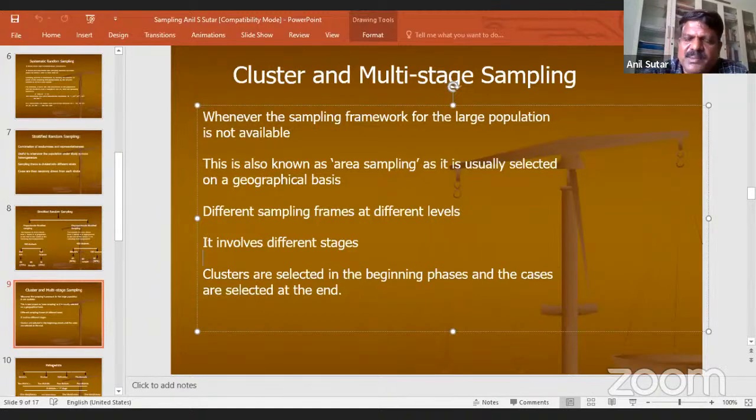I will illustrate the method. In such cases, the cluster and multistage sampling method actually rescues the researcher. This sampling is also known as area sampling. Why is it so? Because the selection is decided on a geographical basis. I will show an illustration.